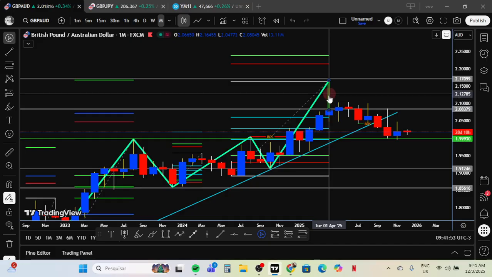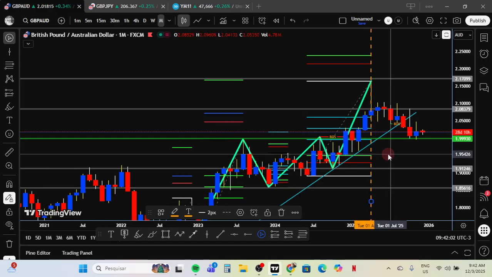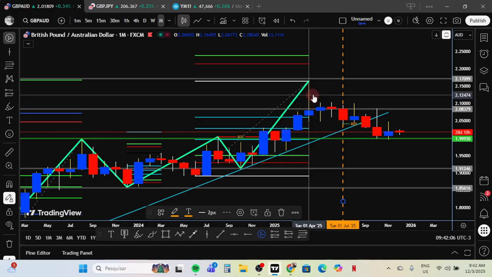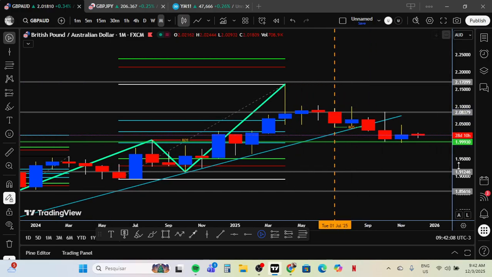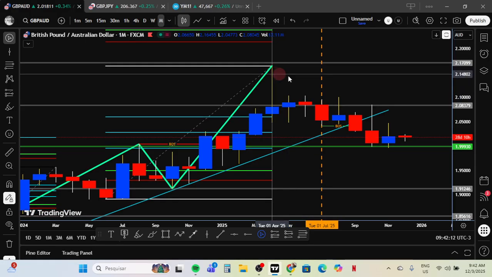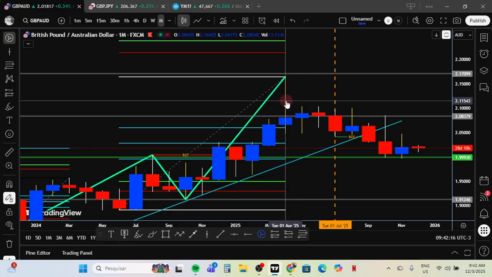Right here, as you guys can see, this was the August 1st monthly candle. So I'm going to put a vertical line right there. That's August 1st. You will notice very well that the August 1st candlestick was a shooting star. But before this August 1st candle sold off from right here to this level,